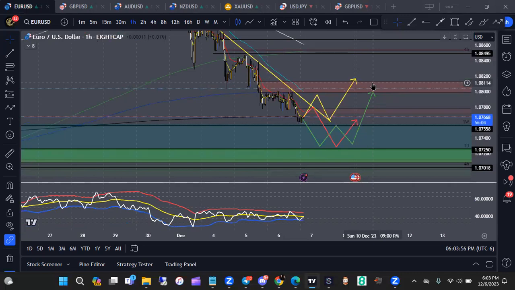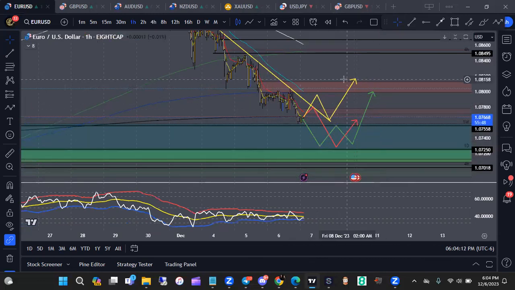We have Euro news going at 4 a.m. and then we have USD news at 7:30, and I'm Central, so add an hour to that. That's Eastern. But ideally, we could either see price push up for the reversal, or we could see some consolidation